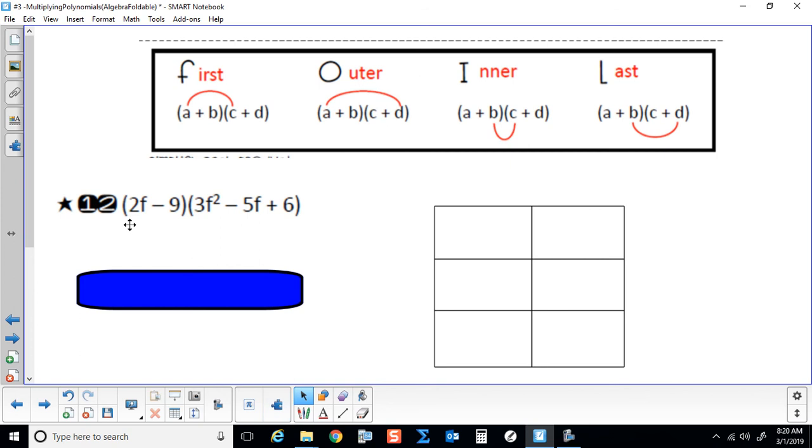All right, number 12, we have a binomial times a trinomial. So you can go ahead and distribute the 2f to all three terms and the -9 to all three terms and combine like terms. We can also